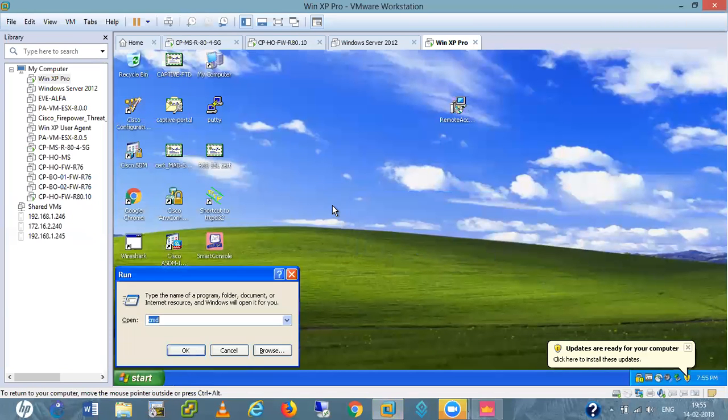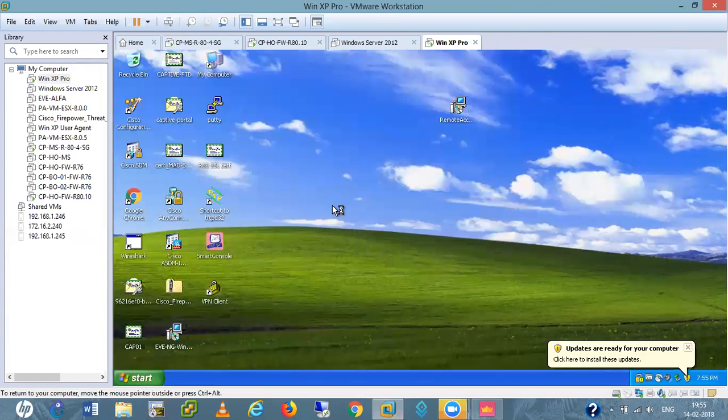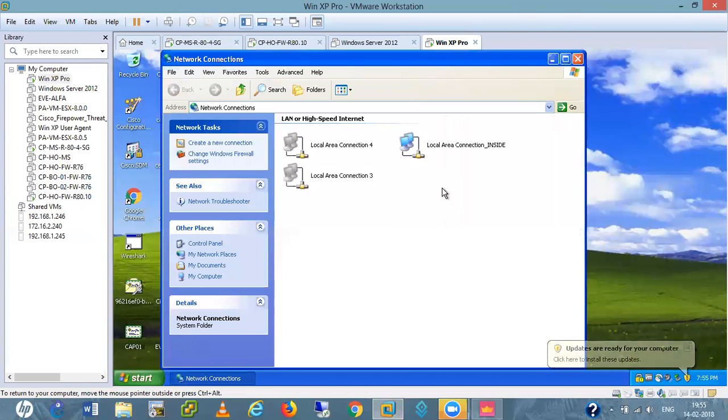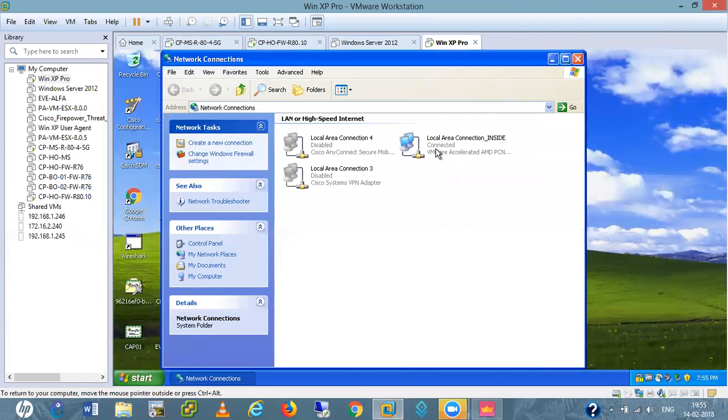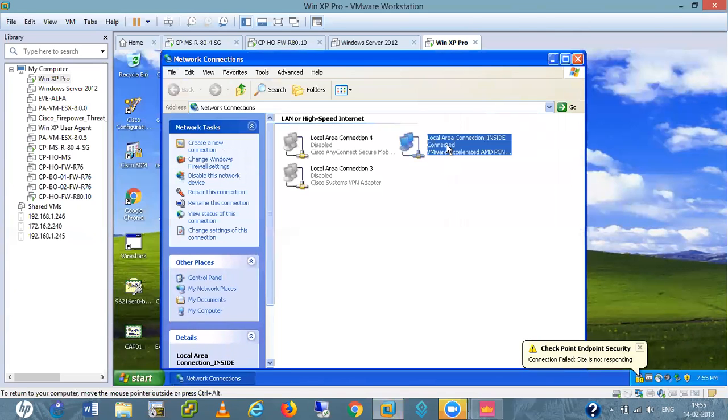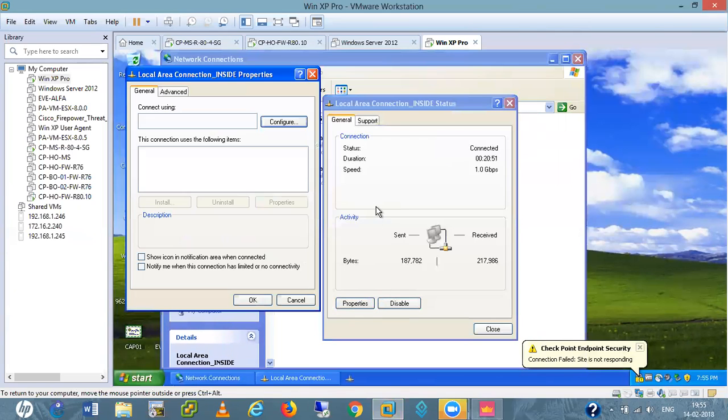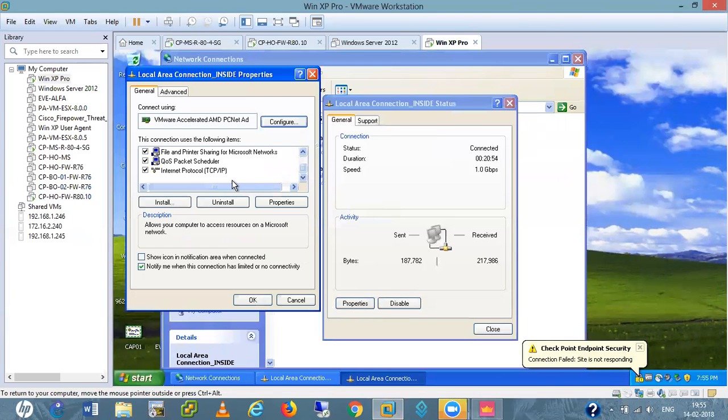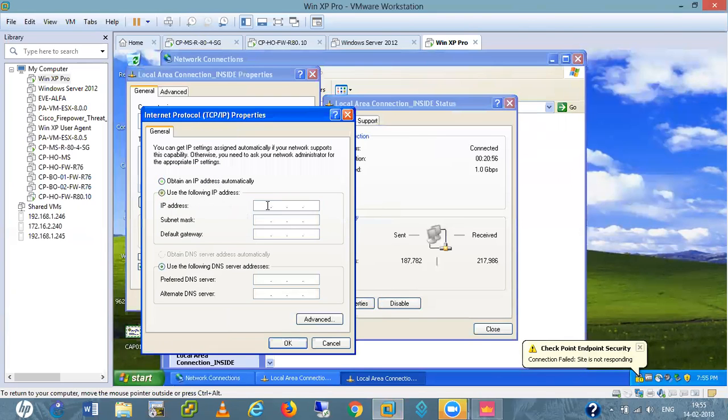Let me change my IP details here. 10.1.1.100, 255.255.255.0, gateway 10.1.1.250.